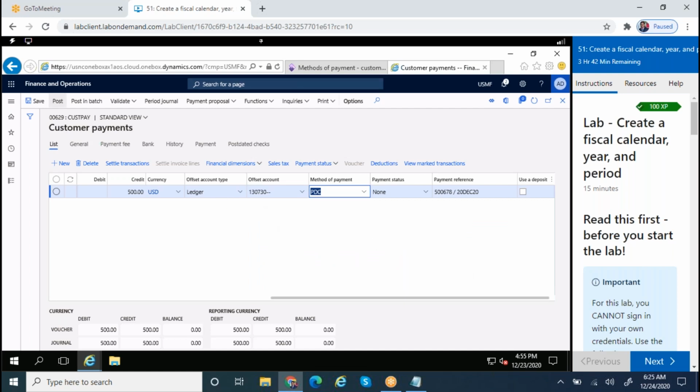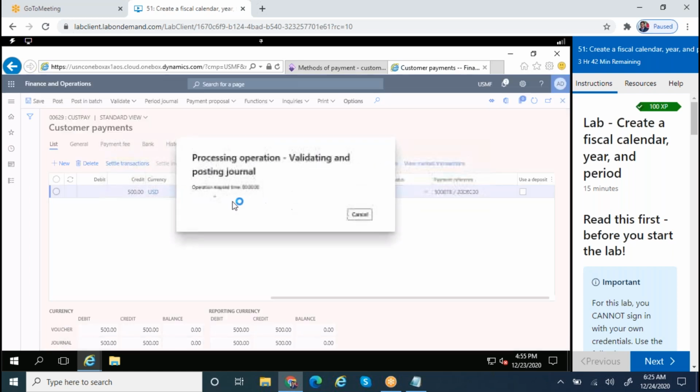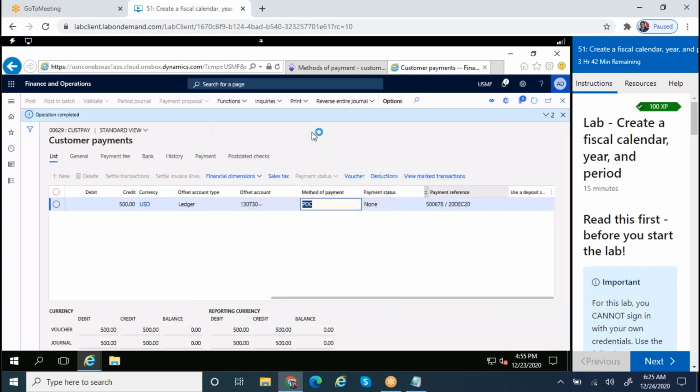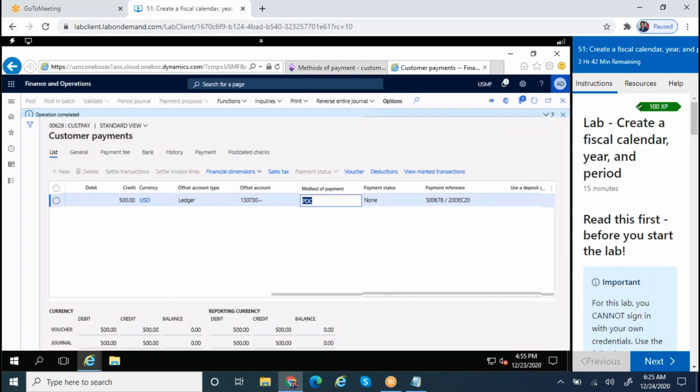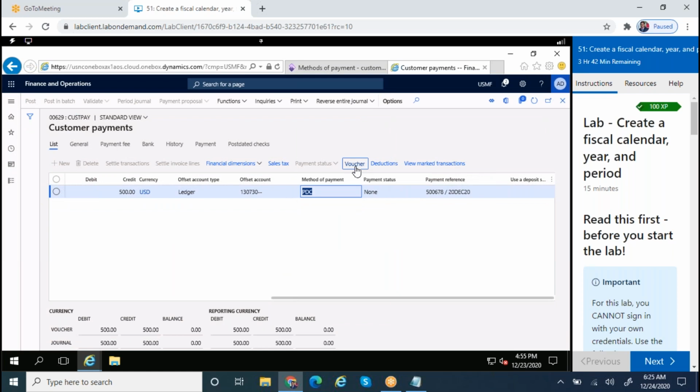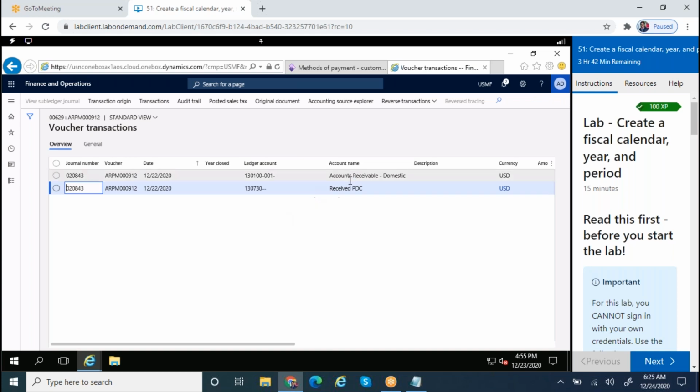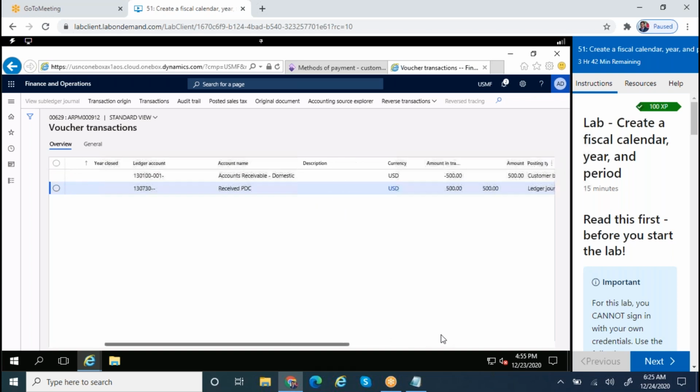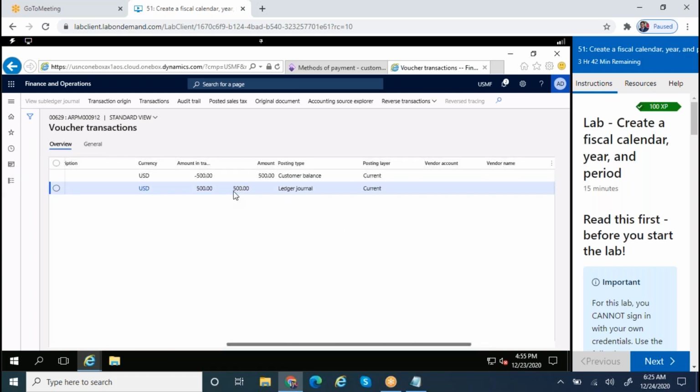Okay, let me try to post. So actually, why it is disappearing, I don't know. It will not be like this in a real time scenario. This is a lab mission. Now if you verify the voucher, it was posted to a temporary account. Whatever is mapped as the temporary account, that will be posted. It is not the bank account. So once it is cleared from the bank,